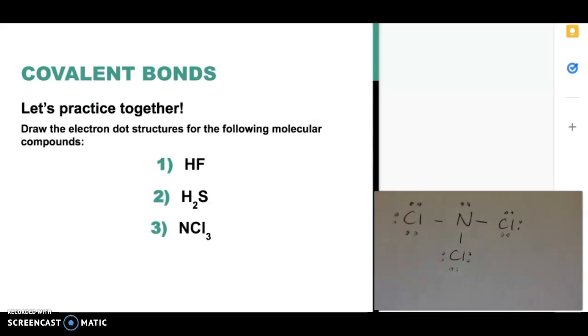And the last one is a little bit trickier. Nitrogen has 5 valence electrons, so it's going to want to make 3 bonds, and then it's going to have those unshared electrons at the top, 1 pair. Chlorine has 7 valence electrons, so each chlorine wants to only make 1 bond. There are 3 chlorines there. If we think about nitrogen and count them, we have 2 from each bond, that's 2, 4, 6 electrons, plus its unshared pair makes 8 total. Everybody's got 8 total,